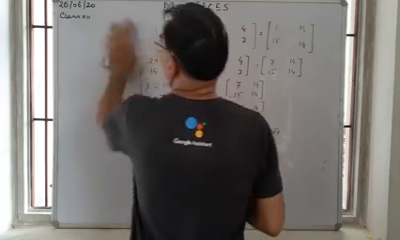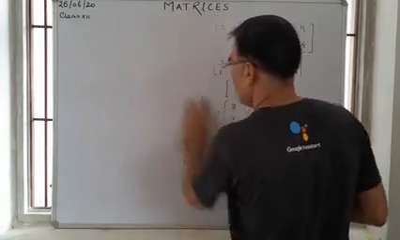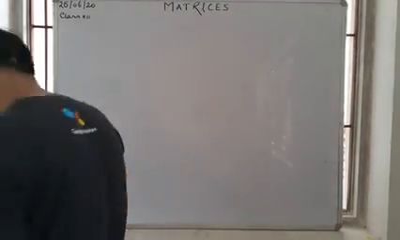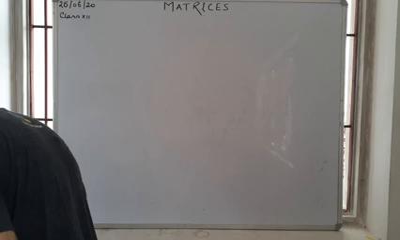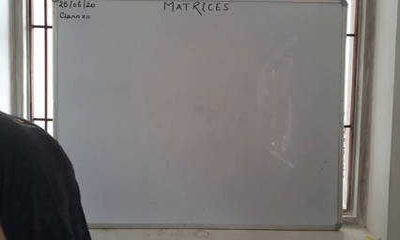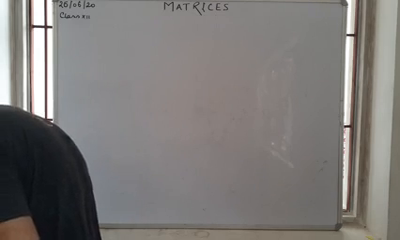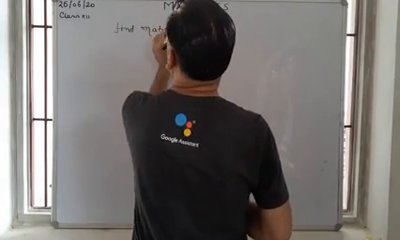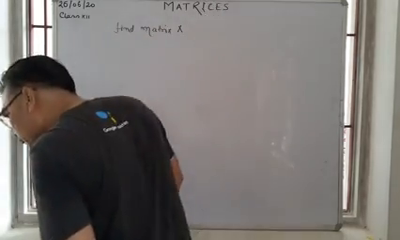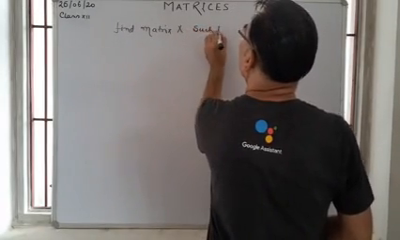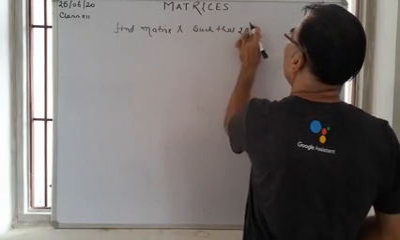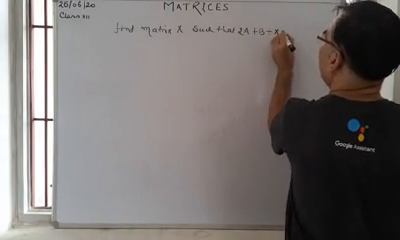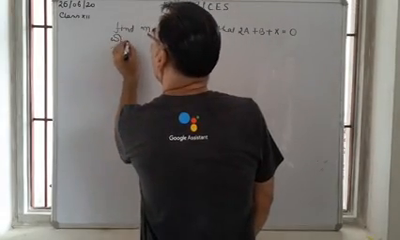Now we are going to solve one more question. See the next one, and the question is: find matrix X such that 2A plus B plus X is equal to 0, where